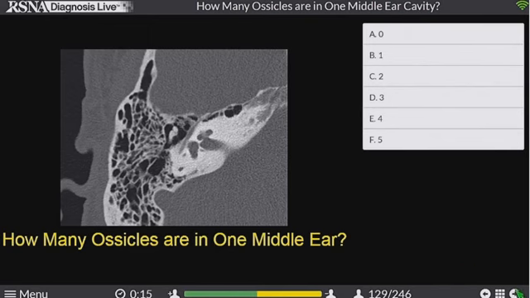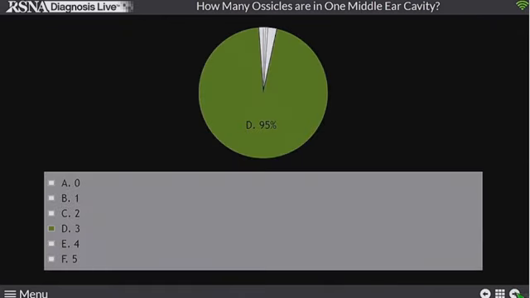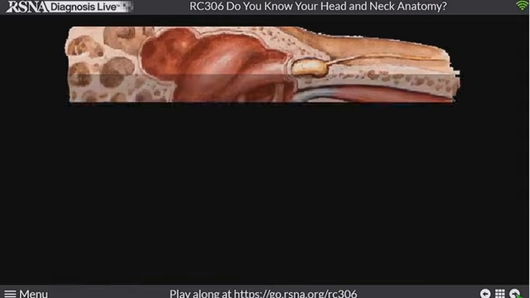Get in. I'm going to move along. How many of you will say 0? Come on. 95% said, oh, some of you did say 0. Wow. So one smart ass in every class. Sorry. So 95% said 3.